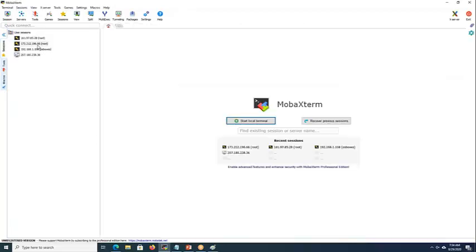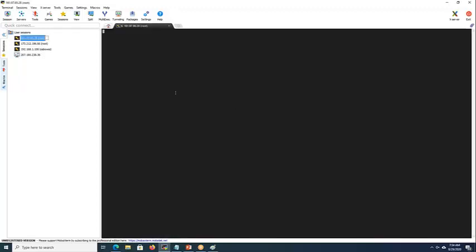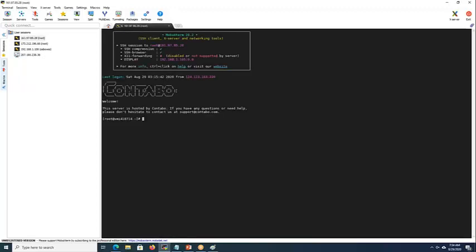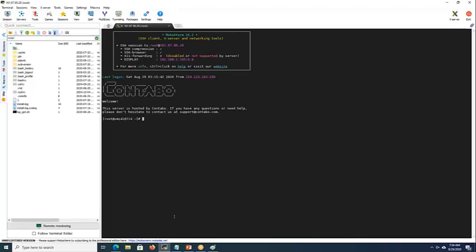I have one machine which is 66, the Splunk indexer, and another machine which is 28, where I have configured the universal forwarder.